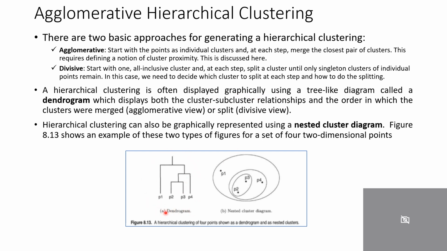This is the dendrogram which shows how the objects are clustered. So basically if you see this dendrogram, P2 and P3 are clustered together first. Next, P2, P3 is clustered with P4. Next, P1 is clustered with P2, P3, P4. And here is another way of representing the clustering. P2, P3 is first clustered. Next, P2, P3 is clustered with P4. Next, all these three are clustered with P1. So this will be solving a problem.